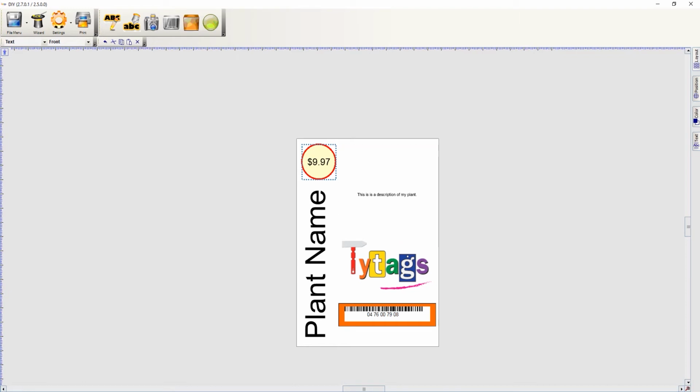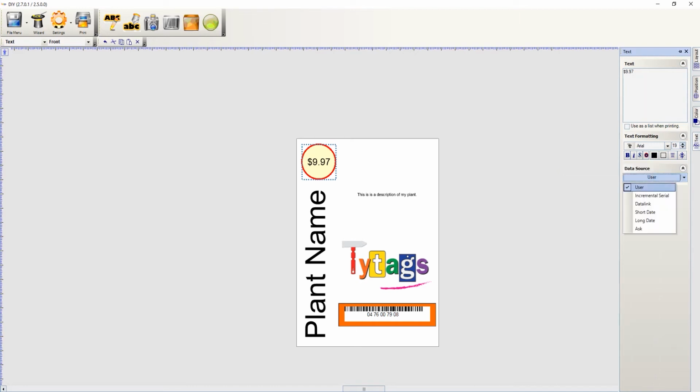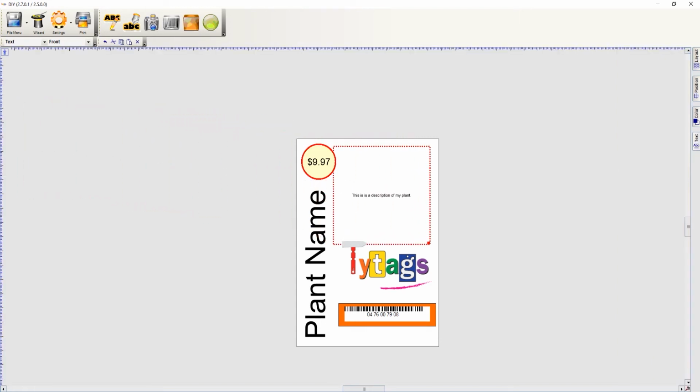So where we've got all these elements, we usually have a text field, but that's user defined. We have other options down here. For example, ask. So if you wanted, and I'll bring this element back as well, the price, you know how I said you could use this design for more than one plant? If you wanted the price and the description and the plant name and the barcode and the image, there's a wide range of things you might want to use. If you wanted them to all change and each time you opened the template to put in that information and